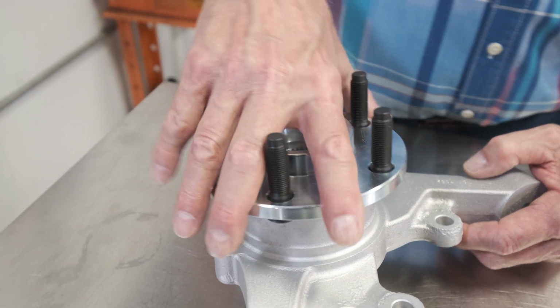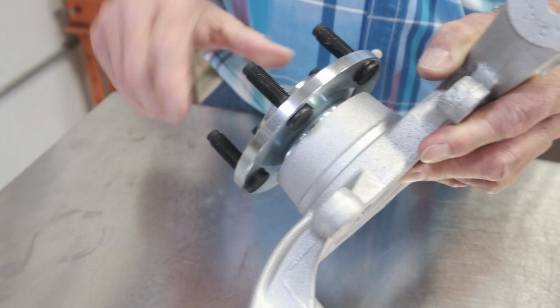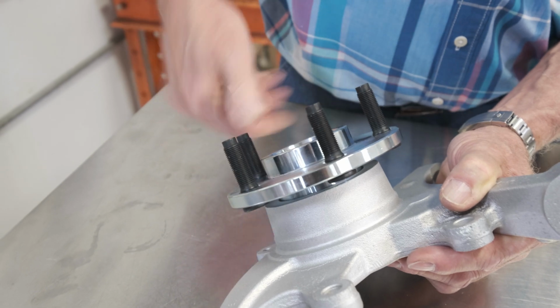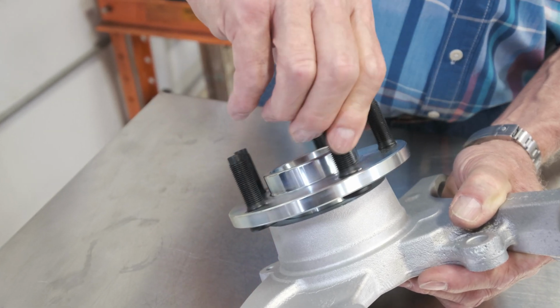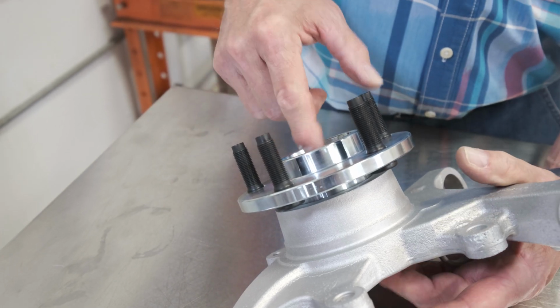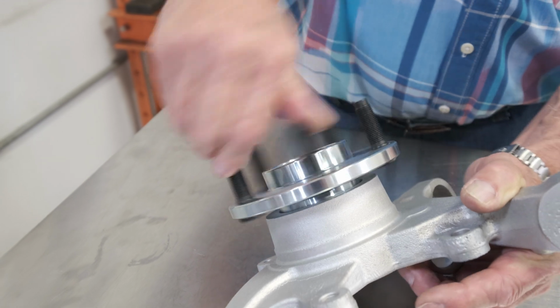After this hub is pressed in the knuckle and you rotate it, check your rotation. There is going to be some resistance as this hub is being rotated, and that is normal. Oh, these are very tight. There is some preload on those two inner races of that bearing right now because of the pressing